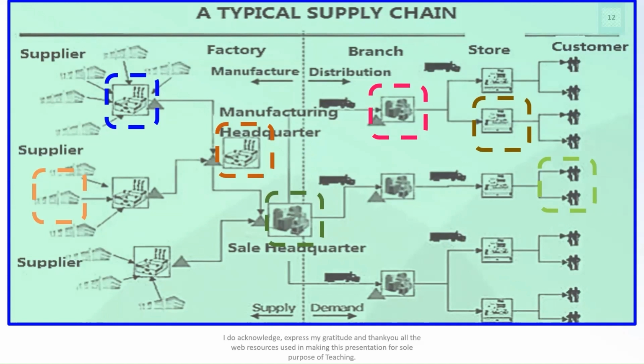And then you can see there is a dotted line in the center, which is separating the complete manufacturing, and to the other side is a complete distribution cycle. And what is that exactly? If you see